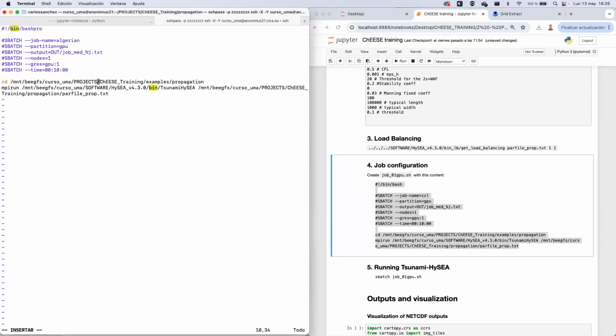And I'm going to change this, because we have now in this folder projects, ChEESE training, propagation, and we just invoke the command mpirun, followed by the executable of Tsunami-HySEA, and followed by the path to the par file that we have just created. Okay, so I'm going to save here,